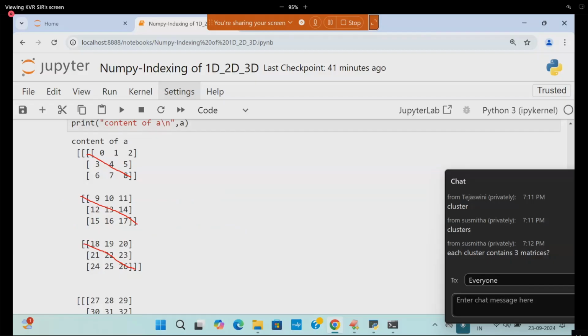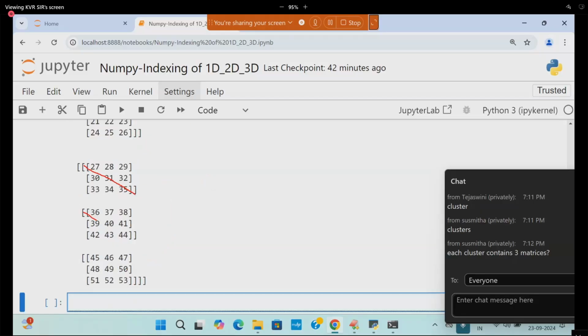Another cluster starts here. Again, this part is one matrix, this is one more matrix, and this is one more matrix. This is called one cluster. This bracket is linked with the first bracket because its length is bigger, it is connected with that.